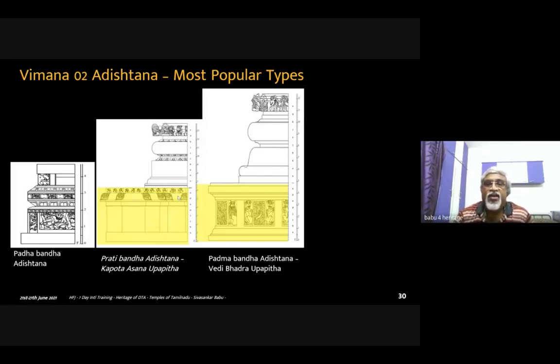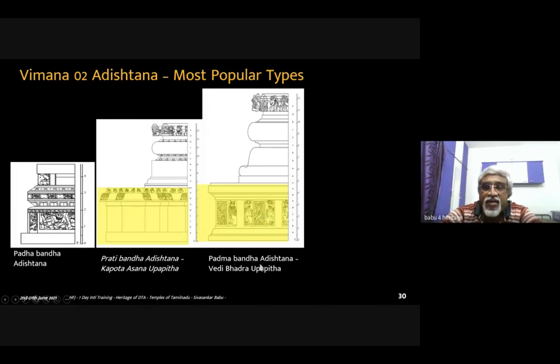And then Padma Bandha Adhisthana. See here, the unique feature is there is no repeating yali or other sequence. Here the point is the repeating sequence of yalis. Then when it goes to the next one, Padma Bandha, there is also a repeated sequence, but here you have also a Padma instead of a normal flat structure. There is a Padma component, so it is called Padma Bandha Adhisthana.